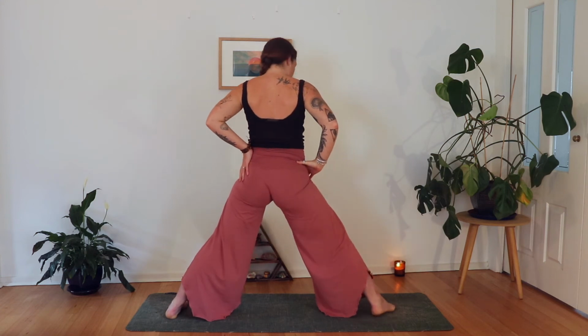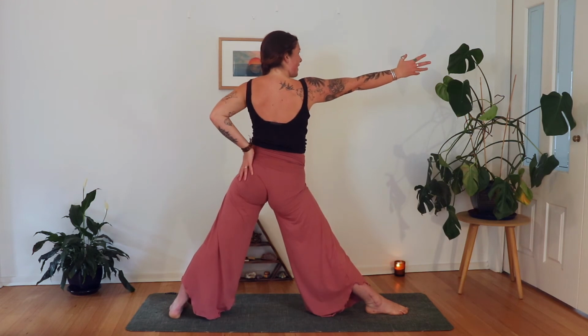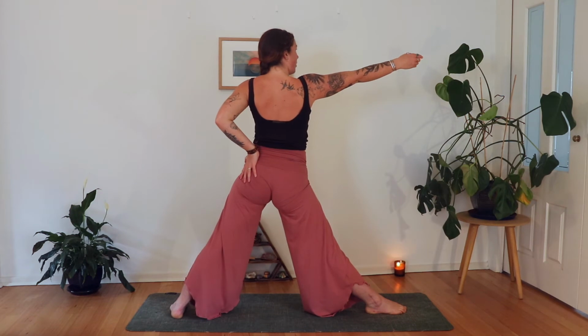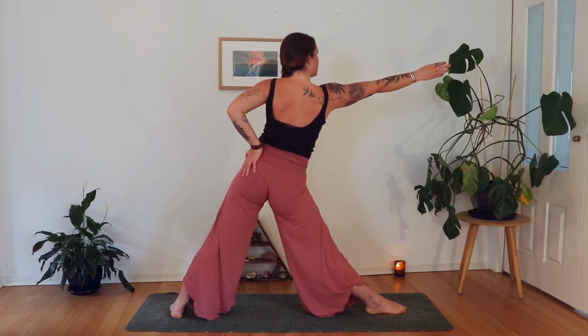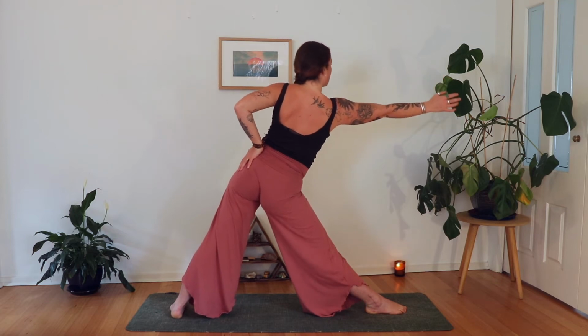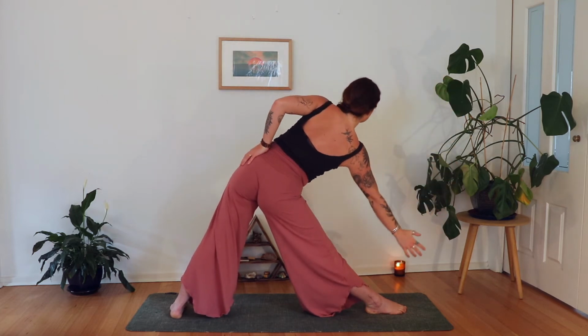We'll keep the left hand on the left hip, rotating the right toes forward, and the right fingertips will extend out in front, coming into Trikonasana. Spine grows long, right fingertips reach out in front, and the hips start to lean slightly backwards. And then folding over the leg,